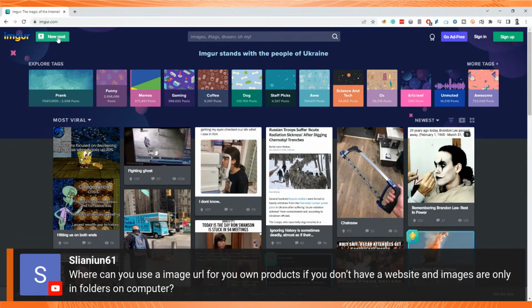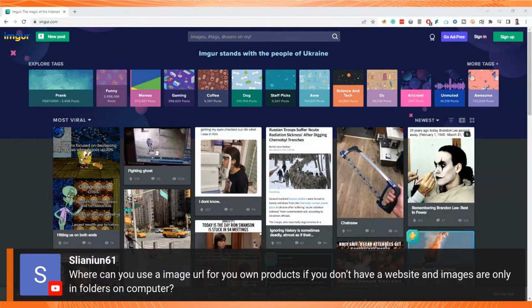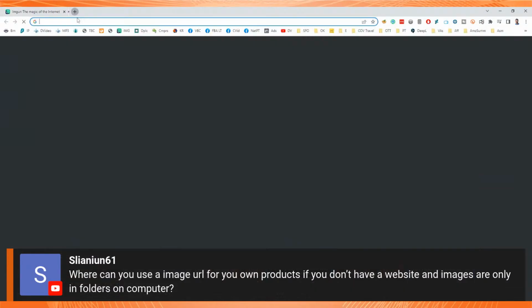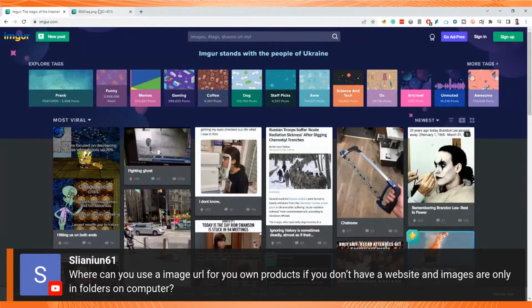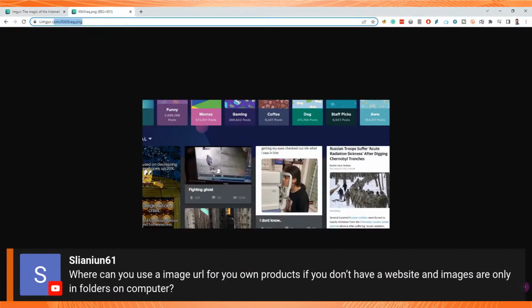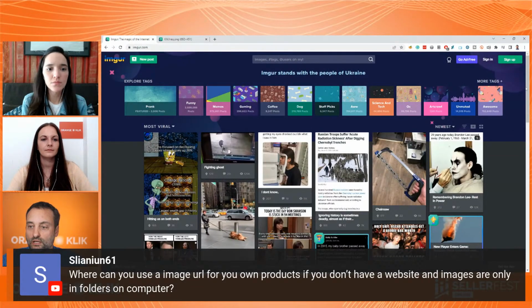No, I cannot paste. I think it's this one. Yes, it's image URL. So when you upload, you should be able to get it. I just uploaded a screenshot of this page. You see, I get a URL, the address, and then you probably could use it in your listing. Just figure out how to do it in an easy way.